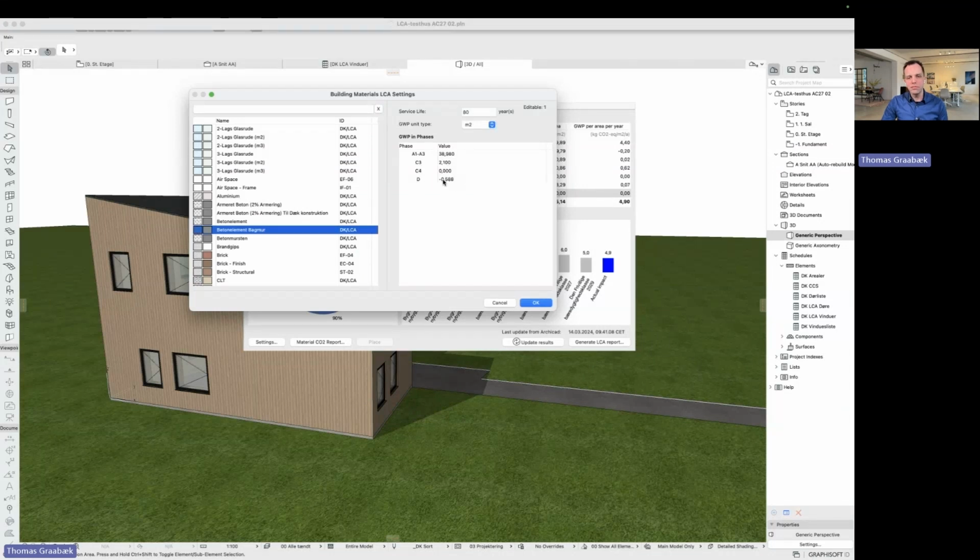And if I enter something in my template, even though I had it turned off before, it will still remember in the background if I turn it on. I can see if my material is calculated in square meters, cubic meters, or kilos. If it's cubic meters, it will just take the geometry of the building, of the model, and use it for estimating the CO2. If it's square meters, it will actually calculate square meters of the material, so the thickness doesn't matter. And if it's kilograms, it will look at the physical properties of the building material and calculate from cubic meters to kilograms using that. So that's the materials I use.